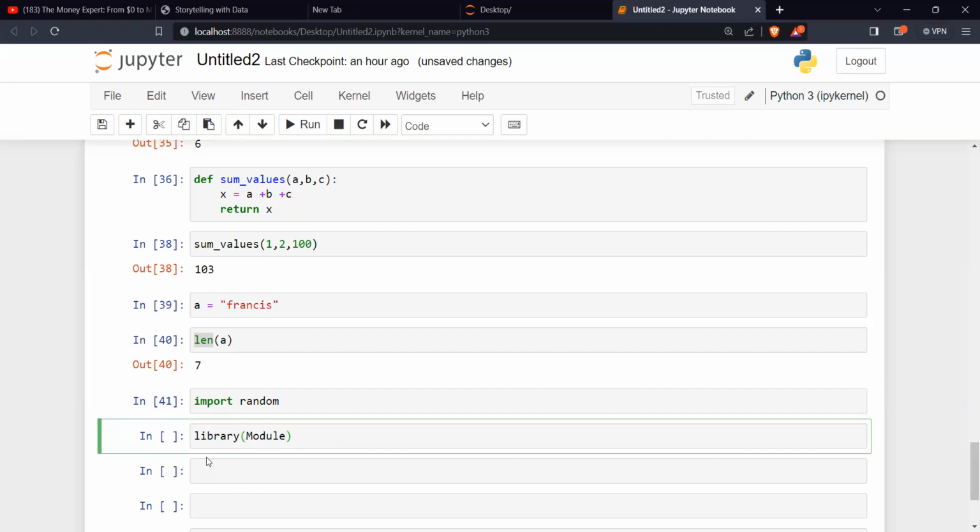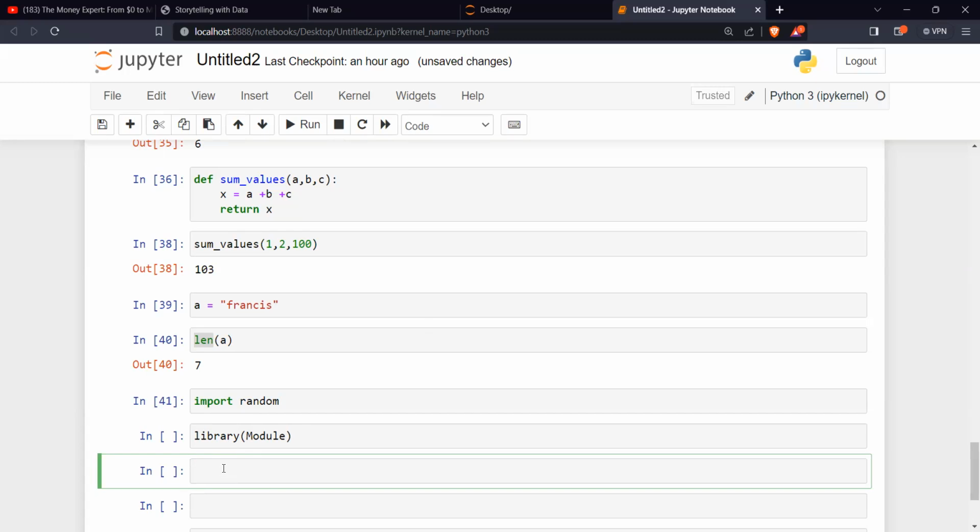predefined functions. What's the difference between a function and a formula in Excel? I think the function has been pre-installed. Yes. Okay. Why a formula?